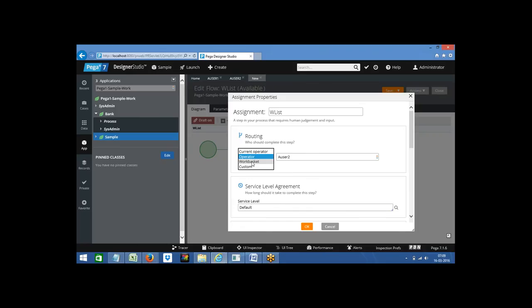multiple. It's like a pool. So a group of developers will be there, and it will be assigned to the pool. But operator means directly assigning the task to a single operator or single developer. Just click on OK,